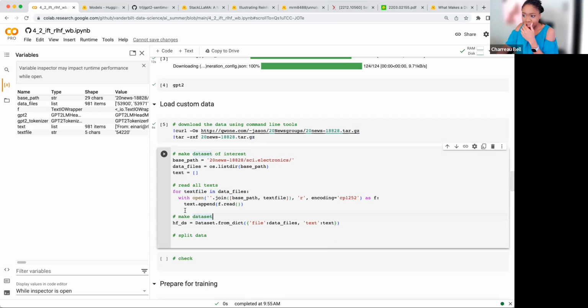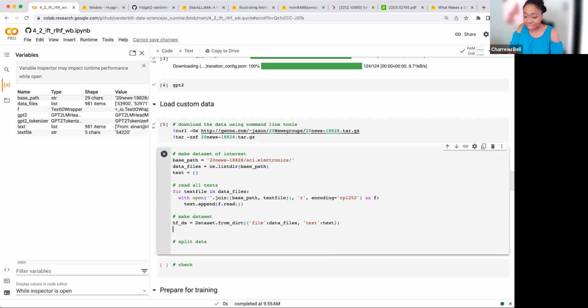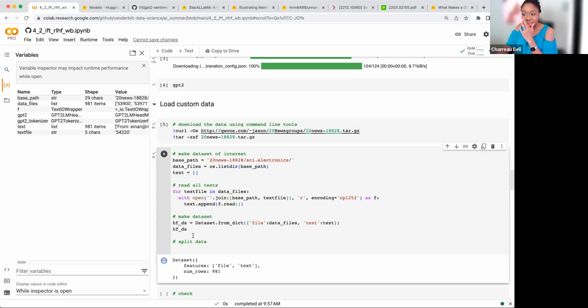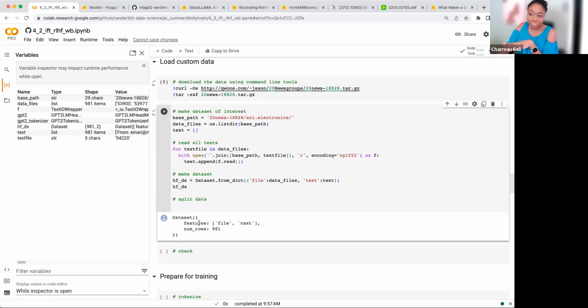So that's exciting. We're actually just going to go ahead and run that one. We're going to run these over and over. It's not going to make a big difference, but okay. Now that we have that one, we just printed it out so we can see what it looks like. It is this dataset structure, and now it has the file thing that we had, so all the data files, and then it has the text that we have. If we wanted to look at any individual one, we could do that, and we'll do that in just a moment. So now that we have this dataset, you see that it's just one big dataset.